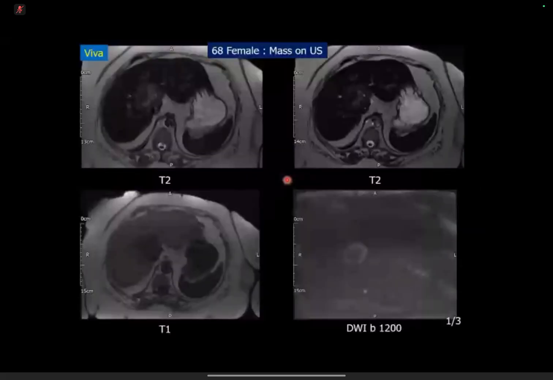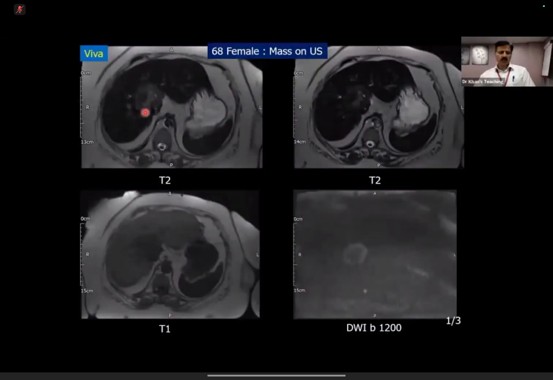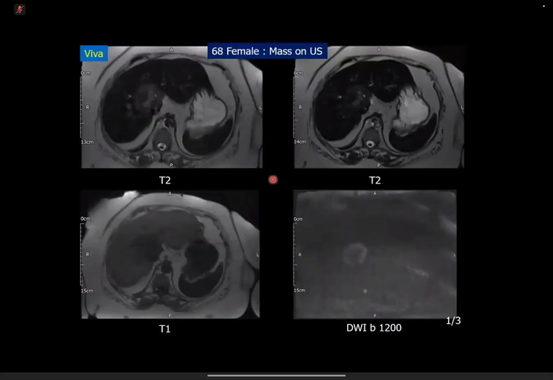So if you see here on ultrasound, there was a mass in this case. This mass, on T2 weighted sequence and on this DWI sequence, how will you describe it? Over to you. So it's a selected slices of MRI liver,